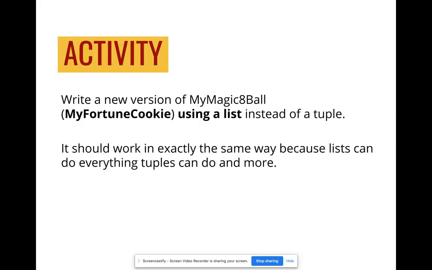Here's the activity I want you to do. I'm going to give you the code for the first magic ball program with the strings and the second one with the tuple. Now what I want you to do is write a new version of the program, but instead of using a tuple this time around, use a list. Now remember everything that I've taught you about lists and how that instead of parentheses you have to use square brackets. And it should work in exactly the same way because lists can